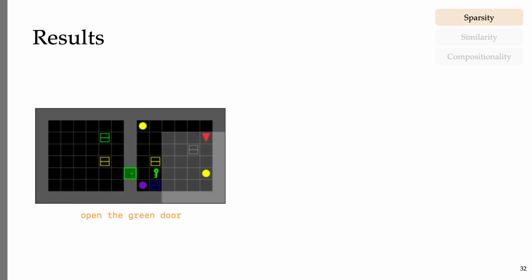Another degree of sparsity comes from bottlenecks. For example, in the unlock environment, the agent must pick up a key of the right color before it can successfully open a colored door, and random exploration rarely passes such bottlenecks. With picking up keys as the low-level task, Ella quickly learns to correlate the right keys with opening the colored door. This allows agents to navigate these bottlenecks and improve sample efficiency.